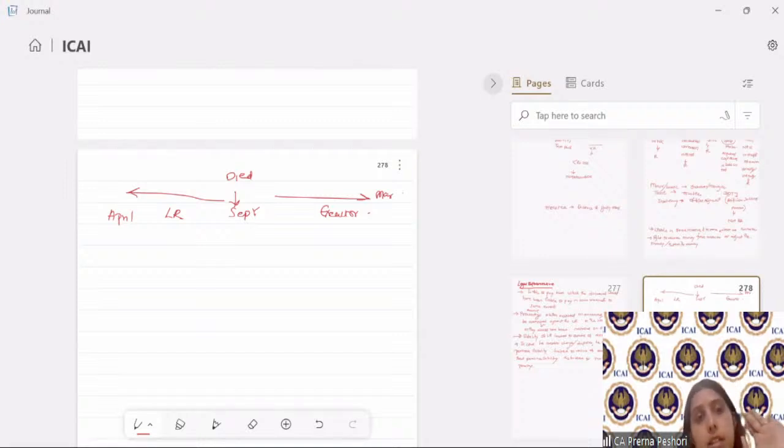So now this predecessor, if he cannot be found or if he's not paying the sum, then only the income of that year plus 1 year prior can be recovered from the successor. And the successor's liability to tax also includes the capital gains as a result of succession. So any capital gains which are arising to the predecessor from transfer of business, that also can be recovered on this particular income from the successor. Is that clear? Any doubt?